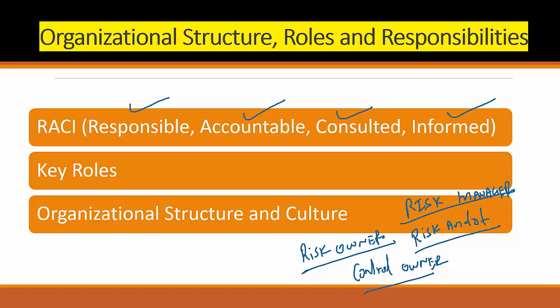So the summary is: the manager is the one responsible for ensuring the risk management functions are carried out to support the enterprise goals. The risk analyst is the one who analyzes, evaluates and assesses things. The risk owner is the one who owns the risk, and the control owner is the one who basically owns the control. Mostly the control owner and risk owner are the same. Along with that, in the organization structure, culture also plays a very important role, because structure and culture of an organization are critical success factors to the risk management program, as they directly influence and inform staff decisions relating to risk prevention, risk detection, and risk response efforts.